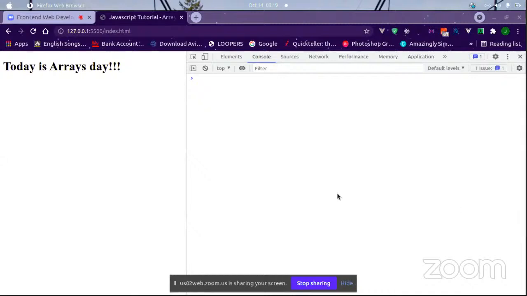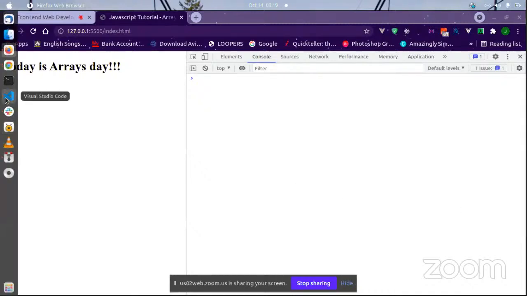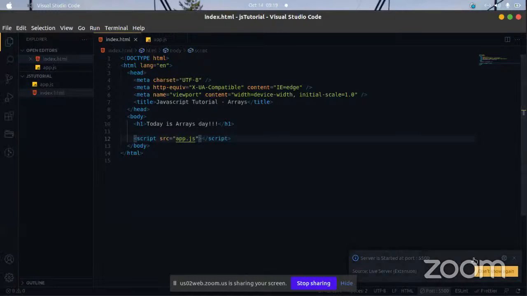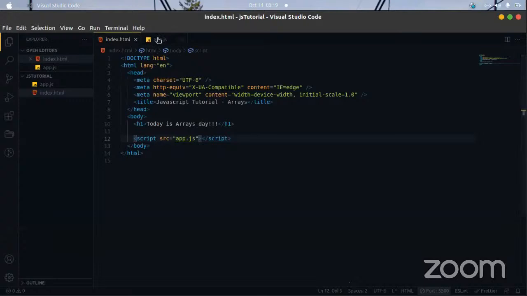There is a particular method for copying or cloning arrays, and that's where I'm going to start from.